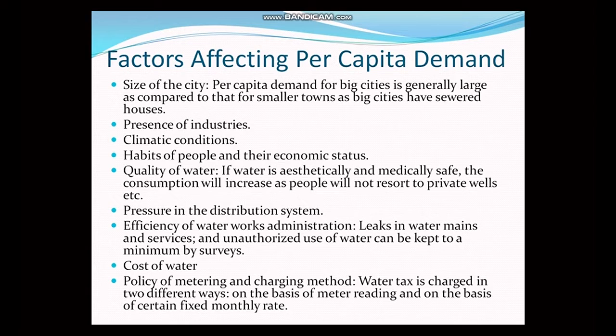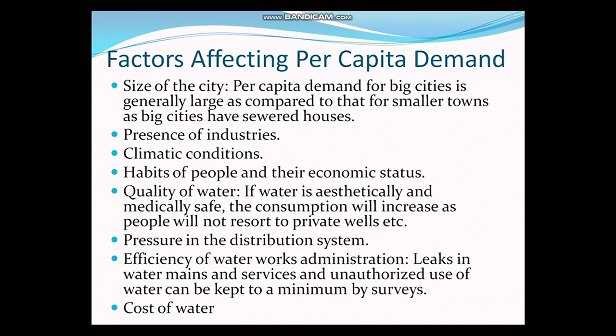Now the habits of people and their economic status. The areas with higher incomes generally use more water than areas with low incomes. Larger landscaped residential lots that require more water are often associated with more affluent communities. Additionally, higher income households may be less sensitive to the cost of water since it represents a very small portion of household income.